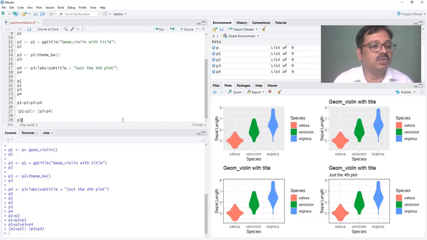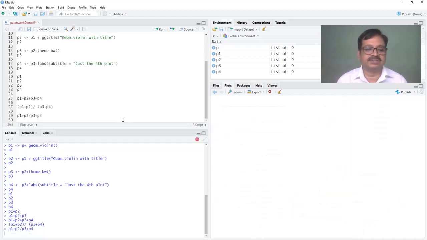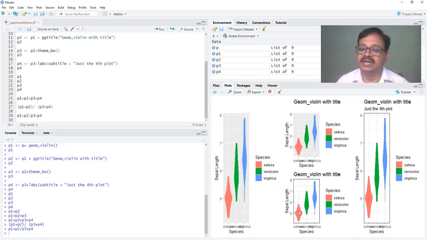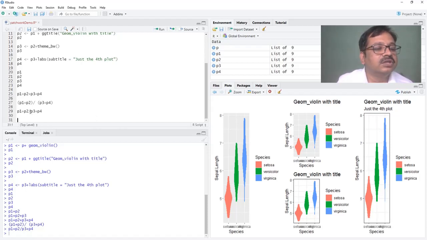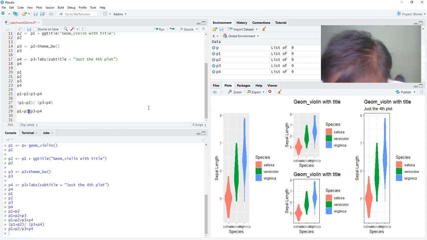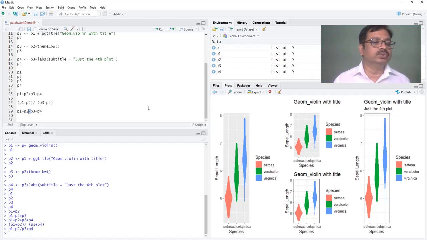If we want P1 at the top, then P2 and P3 plus P4 like this with the slash operator, we will see what happens. P2 and P3 are in a single column and P4 is in the next column. The function or significance of the slash operator you may have understood.